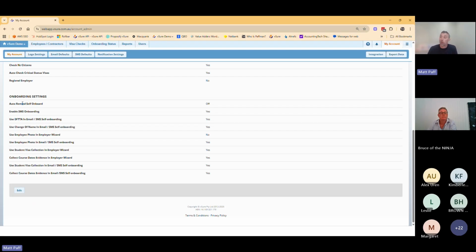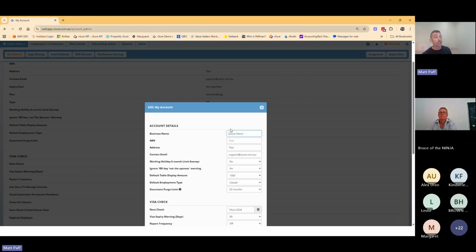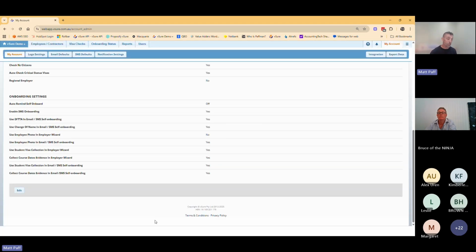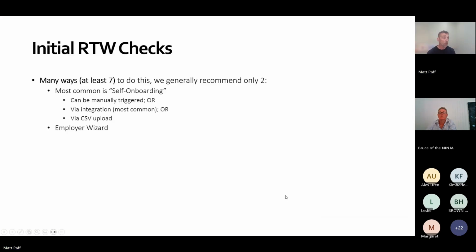If you don't want to collect course evidence date because you're going to restrict everyone to 48 hours, then it doesn't need to be on. If you don't want to collect certain things like a DFTTA, for example, you never see them, let's not confuse people, let's turn it off. You want to set the auto reminders to send not daily, maybe we'll leave it 2 or 3 days before we send them. That's all controlled by you within the My Account settings if you are using that.